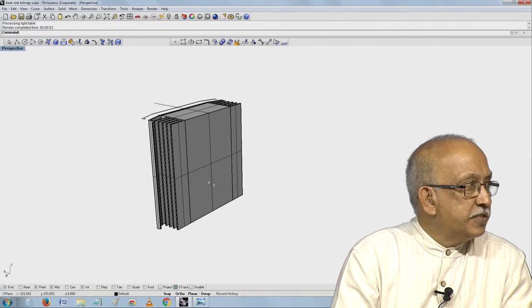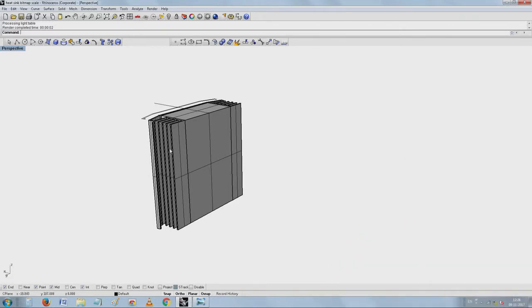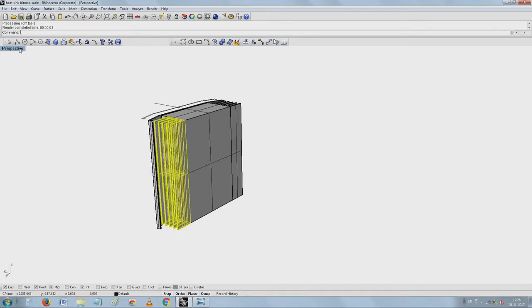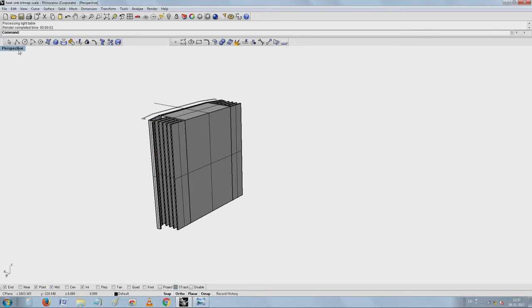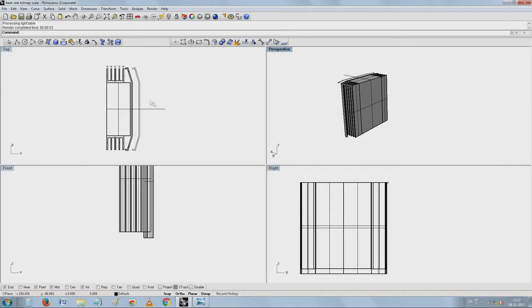Other options are also possible. For example, this heat sink can be kept back to back, and then we can provide a small fan. You have seen this, I have a heat sink here.